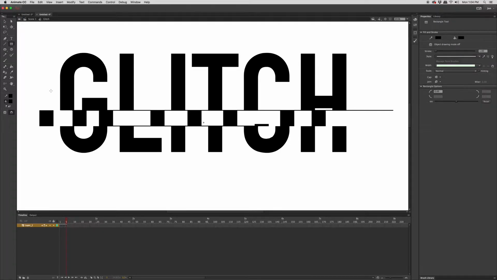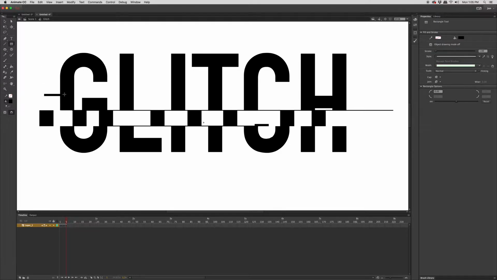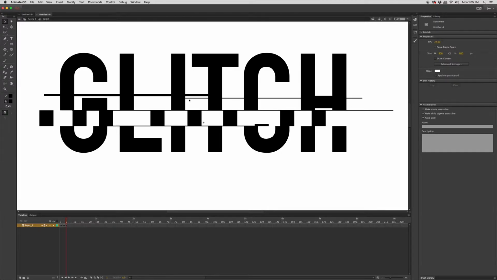You could also add elements by just simply dragging with the rectangle tool, and actually let's take the stroke off for this. So I could add another rectangle here. I'll add another one by selecting this. Actually, because it's joined into there, we can't really do that, but I'm going to add another one that goes through here somewhere. You could do the same thing with the stroke, of course, by using the line tool. I could drag a line across here,